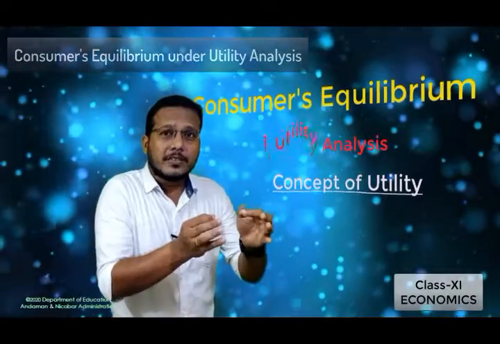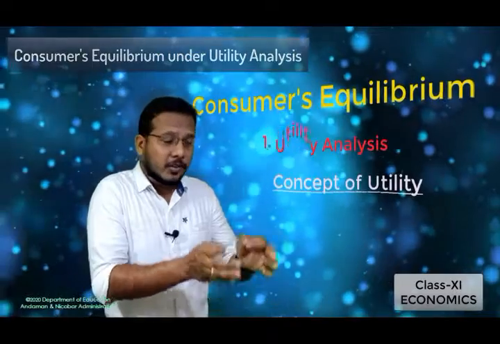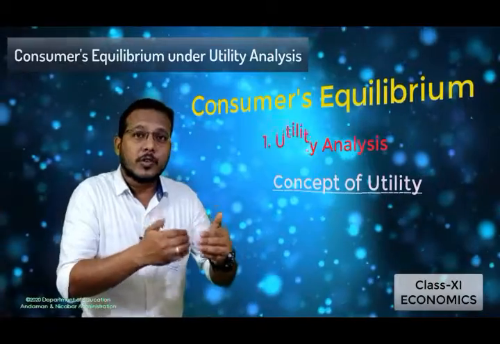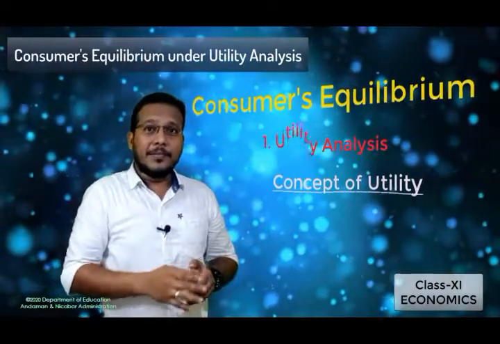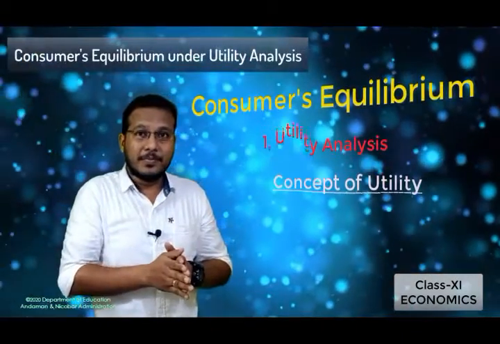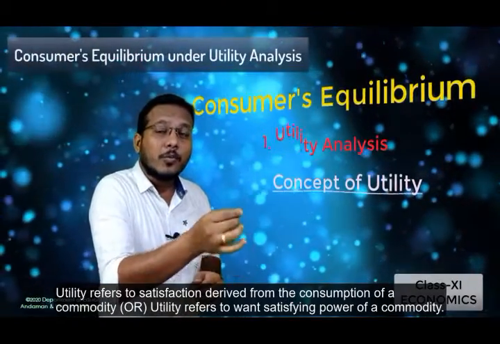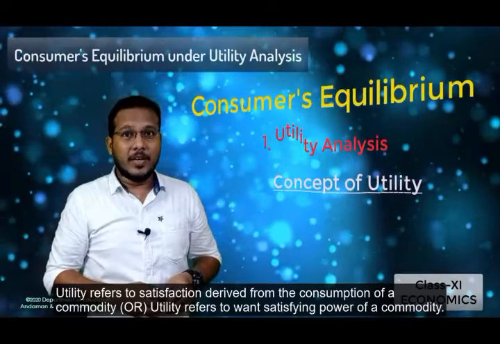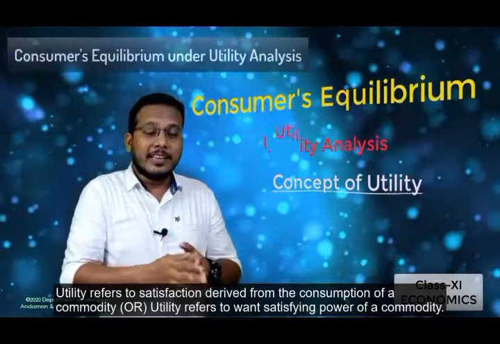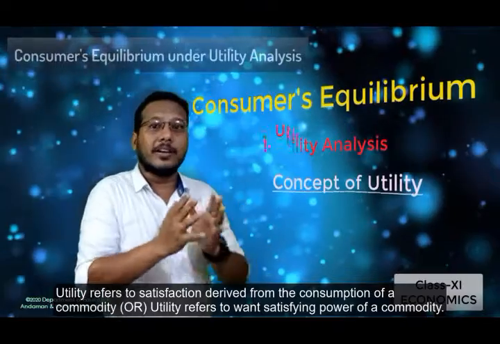जब एक उपभोक्ता एक अर्थव्यवस्था में अपनी आवश्यकताओं को पूरा करने के लिए जो संसाधन उपलब्ध है, कहने का अर्थ है जो वस्तुएं सेवाएं उपलब्ध है, इनके उपयोग से जब वो अपनी आवश्यकताओं ज़रूरतों को पूरा करता है, at that time we need to calculate the amount of satisfaction derived from that commodity. उस वस्तु से उसे कितनी उपयोगिता प्राप्त हुई है. So here we need to calculate the utility derived from that commodity by using that commodity or by consuming that commodity.